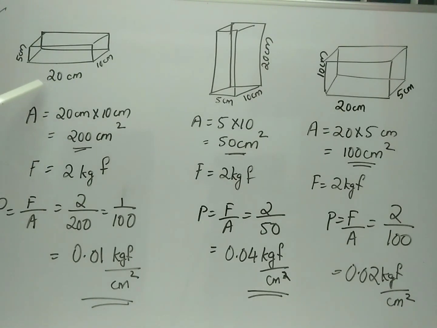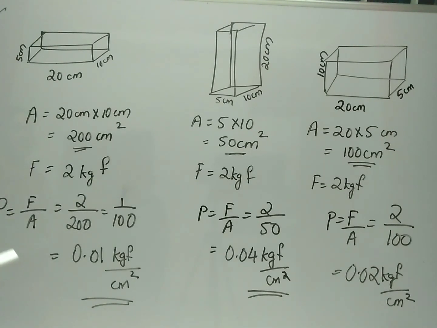So here in the first case you can see the brick is kept in a horizontal way such that its length and breadth are in contact with the ground. So we have to take the area, the bottom part, 20 into 10 is the area. So area is 20 centimeter into 10 centimeter. You will get 200 centimeter square. Here the answer is given in kilogram force per centimeter square, so we don't want to convert it into meter square. If they are asking to find the answer in SI unit, then we have to convert centimeter square to meter square as well as kgf to Newton. Here they are not mentioning, so we don't want to convert.